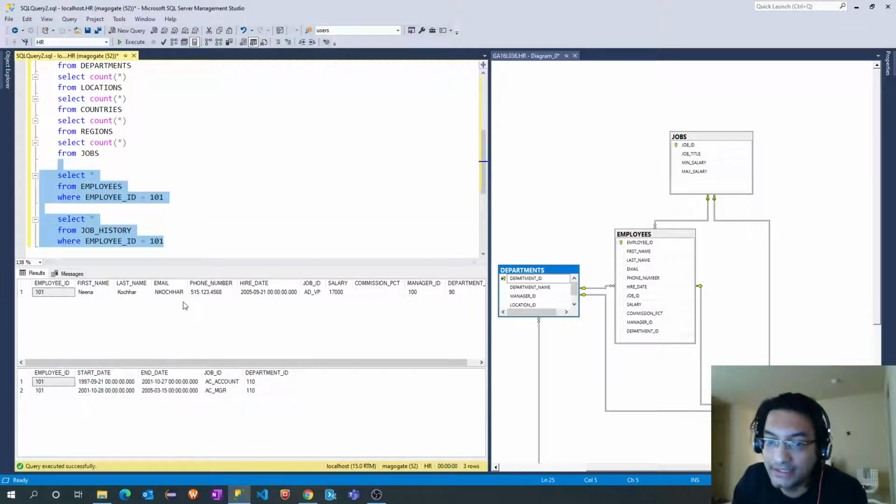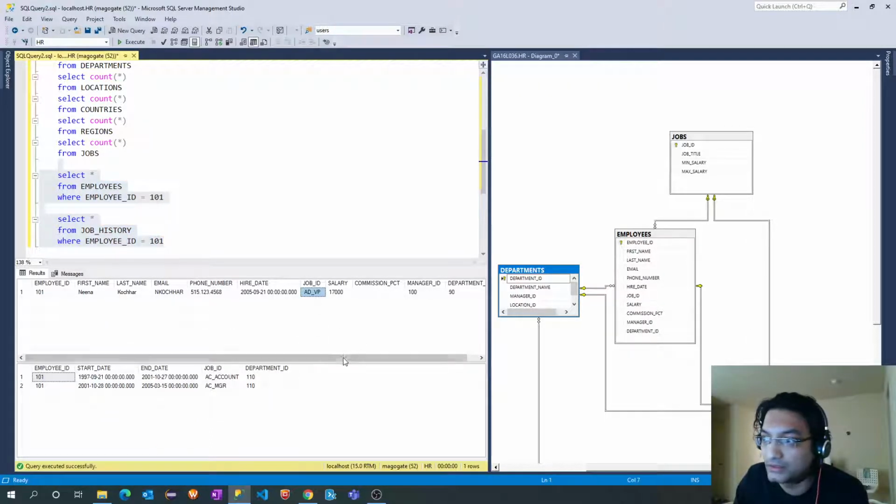As you can see, right now Nina Kochar is additional VP. This is the particular salary she has. Her manager ID is 100, and she is working in department 90.